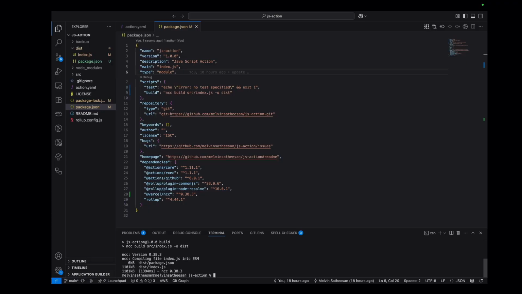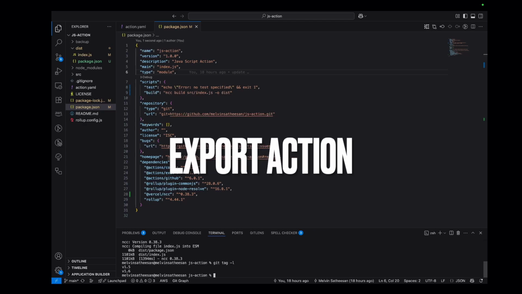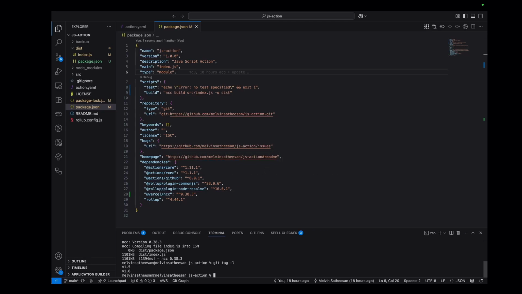Build is in progress. It has been built, and we have index.js and package.json. Excellent. And git tag -l, I'm going to check the tag. It is 1.6. Let's do git add dot and git commit -m